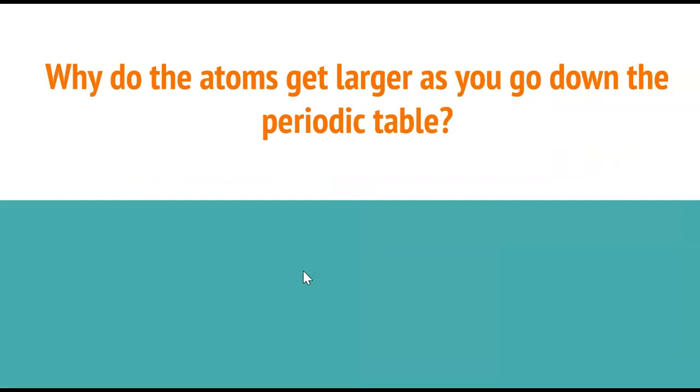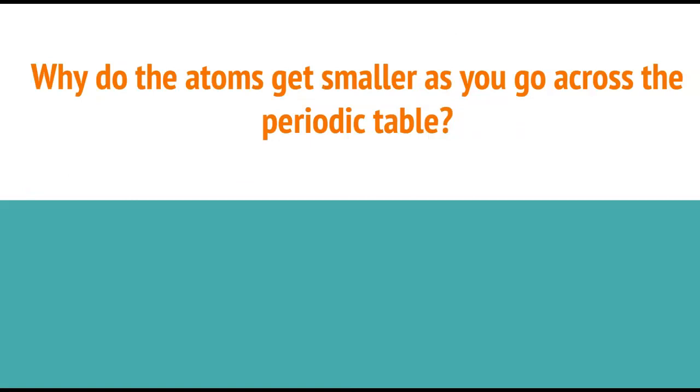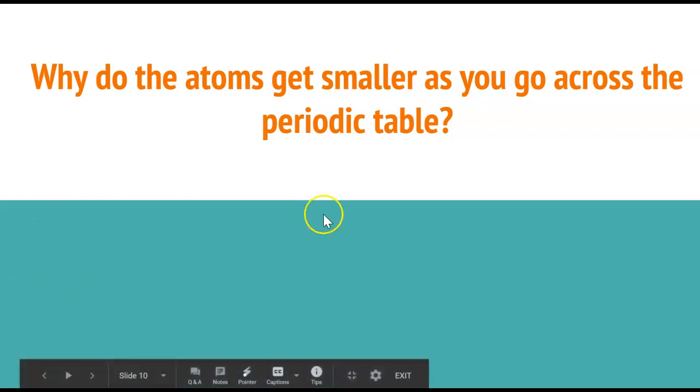So why do atoms get larger as you go down the periodic table? And why do atoms get smaller as you go across the periodic table? And with that, I'm going to show you a video that explains